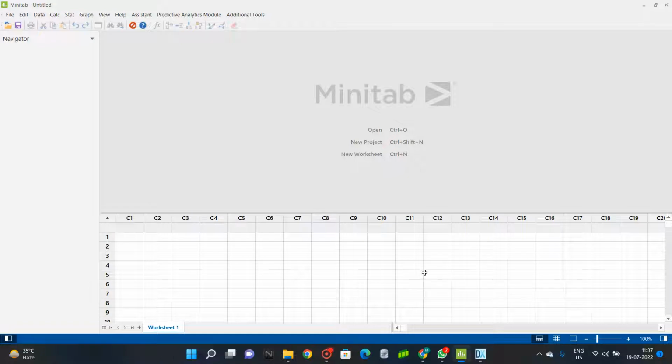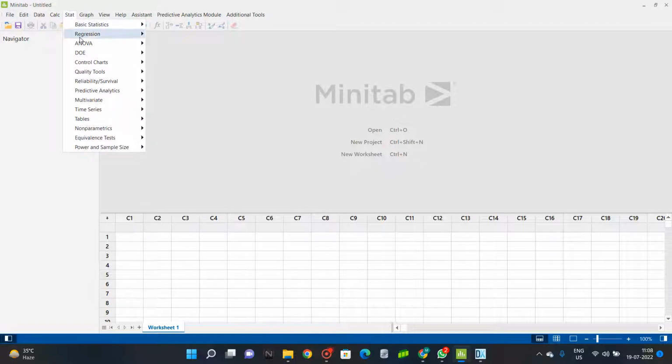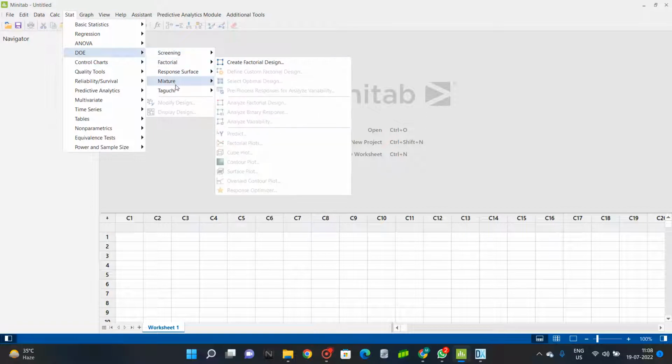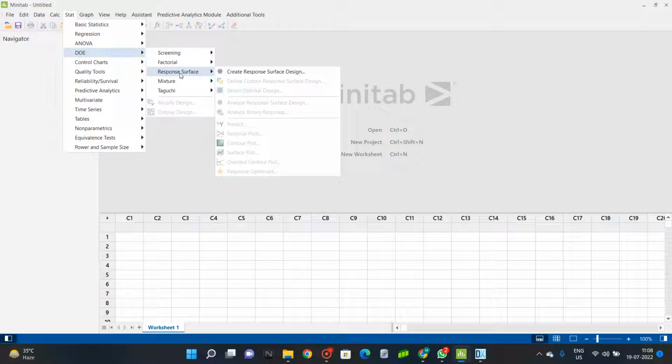So what the basic procedure involved in the Minitab is, this is Minitab. We have to go to stats and choose the technique which we are using. So here we are using design of experiment. In design of experiment there are different techniques: Taguchi, response surface, factorial, mixture. I have used response surface, and then there is a create response surface design. If you click create response surface design,